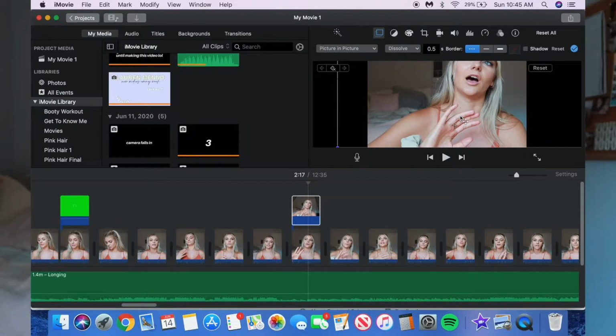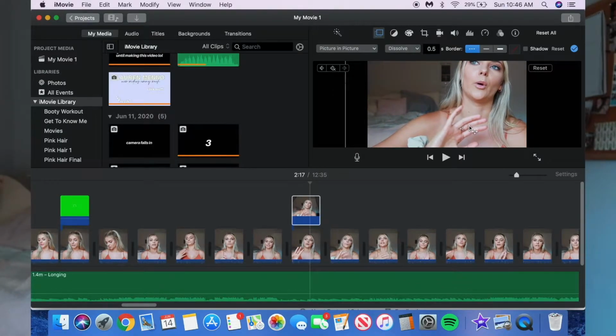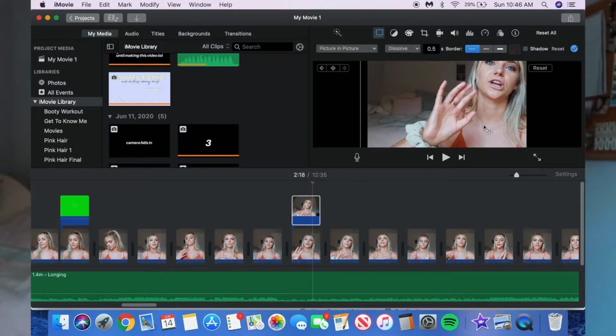I think I said that right. And so basically you just want to drag it and then hit an arrow key. That's going to bring you forward one frame. If you do that and just move it frame by frame, it's going to look a little weird and it's going to move a little too fast. So I usually do like 3 or 4 frames at a time before I drag the screen over again. If you watch it, I think it'll make sense.